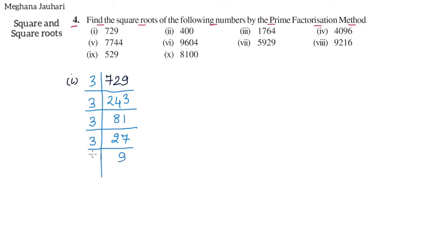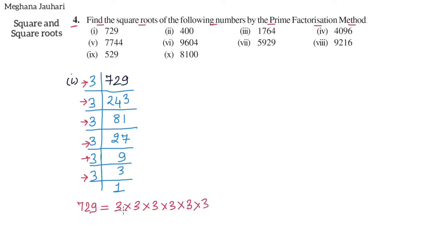3 times 3 is 9 as we know, and in the last we are having 3 only. So 3 times 1 is 3, right? We have just found the LCM of it. Now what we are going to do? We will count how many 3's we have. We have six 3's. So we can write 729 as 3 into 3 into 3 into 3 into 3 and